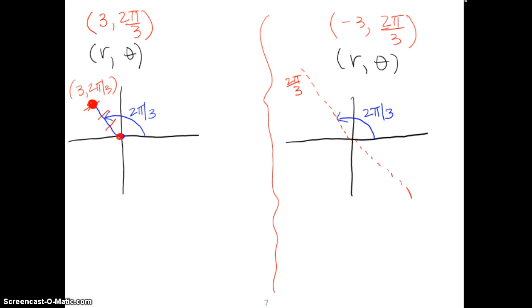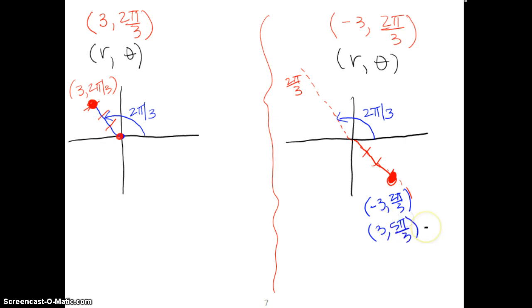Instead of walking 2 pi over 3 steps towards 2 pi over 3, we're going to walk 3 steps away from 2 pi over 3, which is in this direction. 1, 2, 3. And this is going to be our point down here in quadrant 4 as opposed to quadrant 2. So this point can be known as -3, 2 pi over 3,